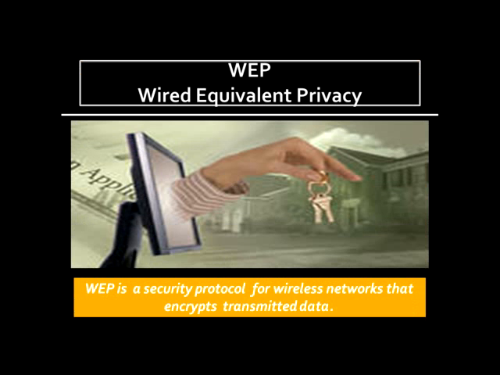WEP. WEP is wired equivalent privacy. WEP has three settings. The first one is its off setting, which means no security. The 64-bit setting, which is its weak security, and the 128-bit, which is a bit better security. WEP is not difficult to crack, and using it reduces performance slightly.